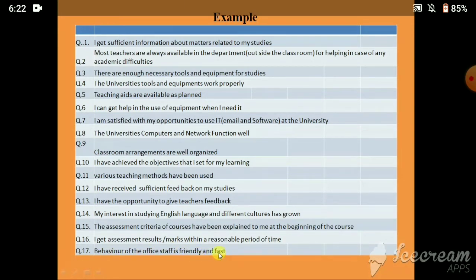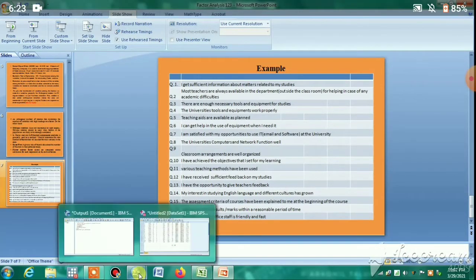So these are the questions, and all the questions are given to the respondents to collect the responses. Responses are given on a Likert scale from 0 to 4. 0 means neither agree nor disagree, 1 means strongly disagree, 2 means disagree, 3 means agree, 4 means strongly agree. In this way, through the Likert scale, we can get the information from the respondents. Now we have to export this into the SPSS software.